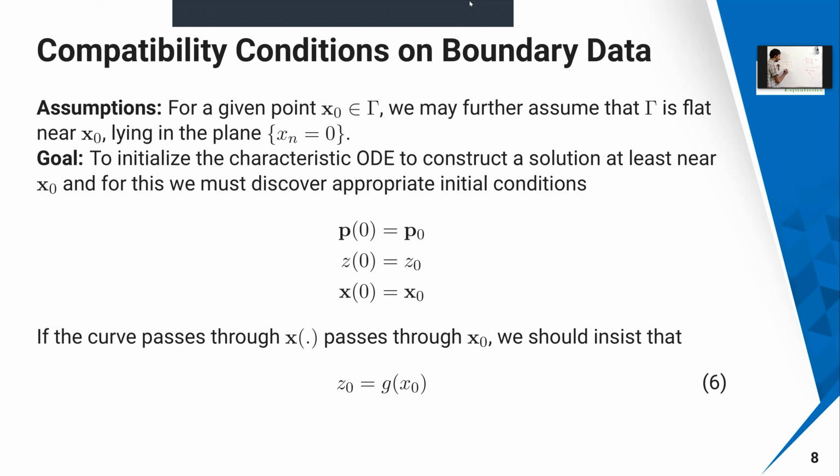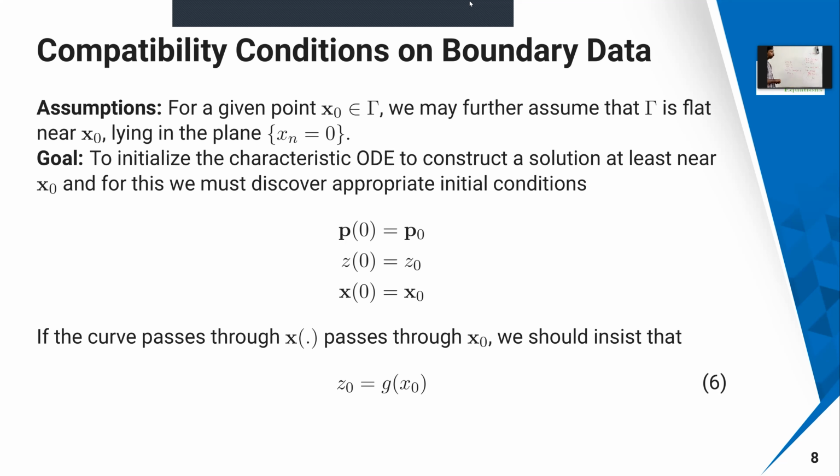Then you have to choose your curve. You have to choose your curve x such that it is going to pass through this x naught. It should also satisfy that g of x naught equals z naught. This is only near the boundary. So if I choose a curve, it would pass through the x naught. Let us say this is x naught, so it is going to pass through this x naught, and you also have to satisfy that g of x naught is equal to z naught. Like this, you have to discover your z and p, etc.